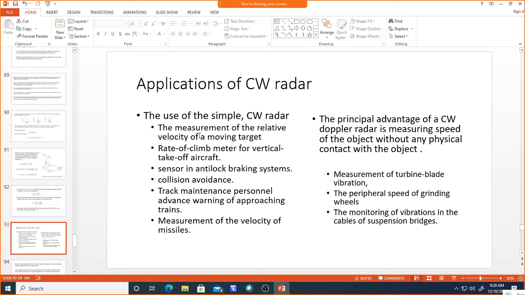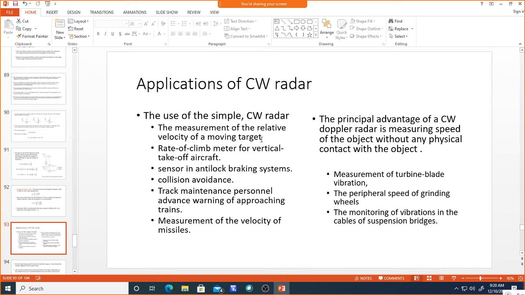So generally, in normal day-to-day life applications, if you have seen the toll booths, they will use the RFID tags. Instead of that, they can directly use how many vehicles are going, and the counter can be set, and we can detect the number of vehicles going along the toll booth. That is also one of the applications.